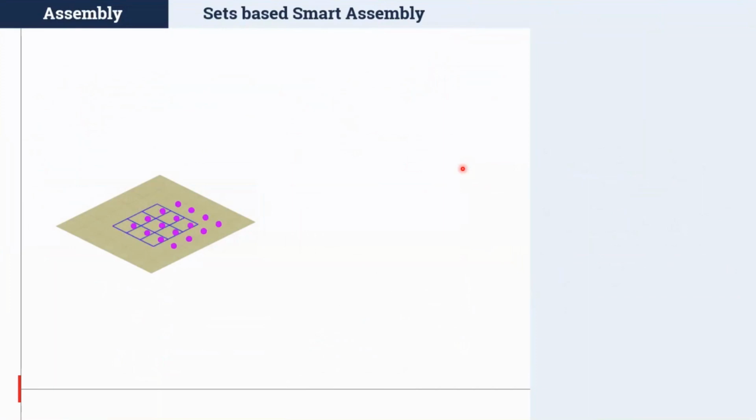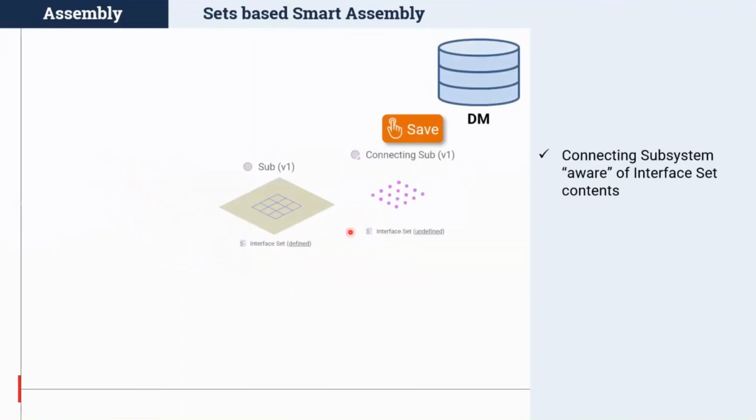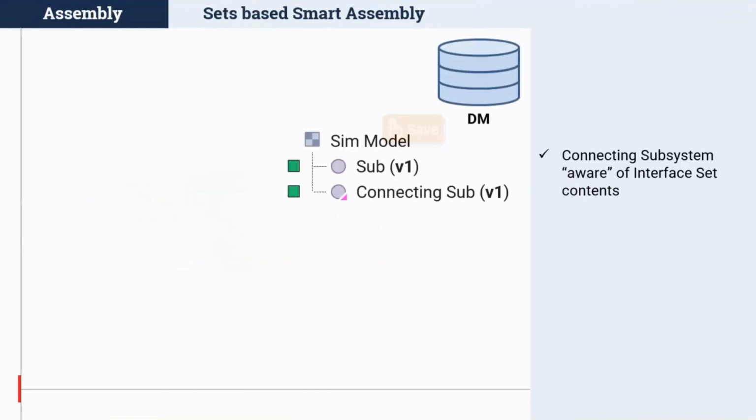In this particular example, we are showcasing that you have a plate as subsystem 1 with an interface set defined with certain elements, and you have defined a GEB which creates a distributed mass, and that can be stored as a connecting subsystem into the DM. Once you store this information into the DM,